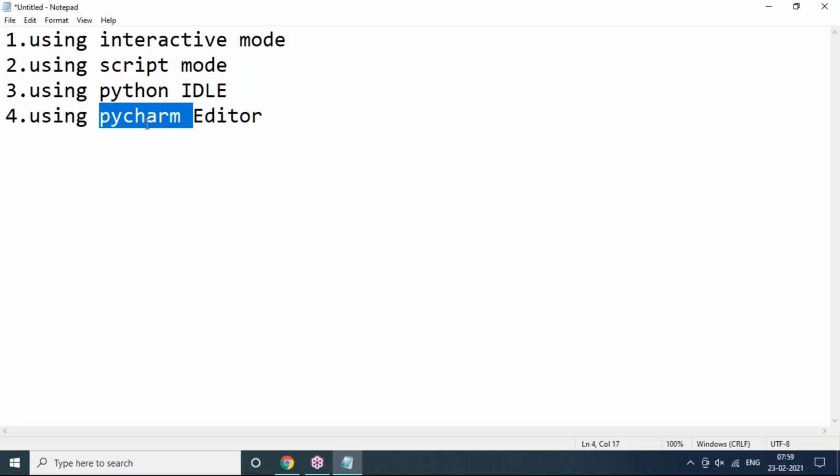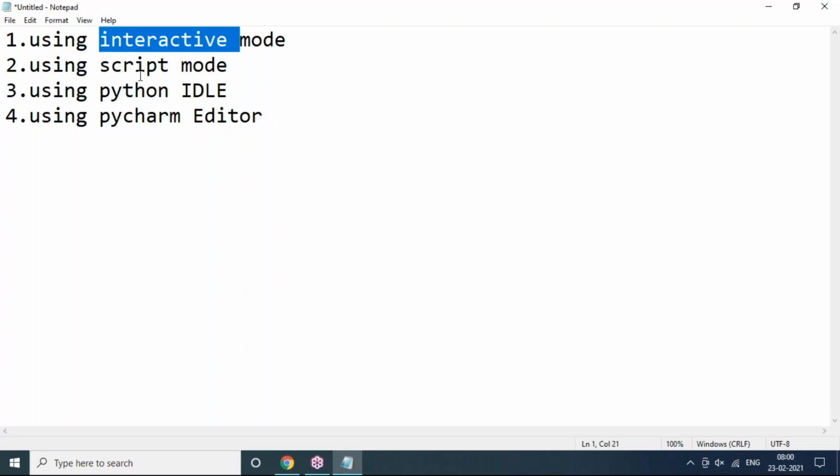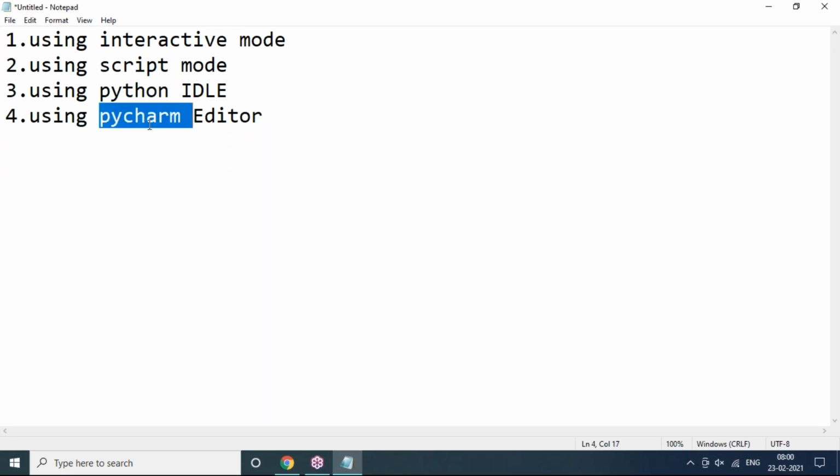PyCharm is the best editor for Python beginners, I can say, because it offers the most convenient way to write a program. You can go for interactive shell, script mode, or Python IDLE, but I'm just showing those for an idea and I'll not follow them. I'll follow the PyCharm editor.